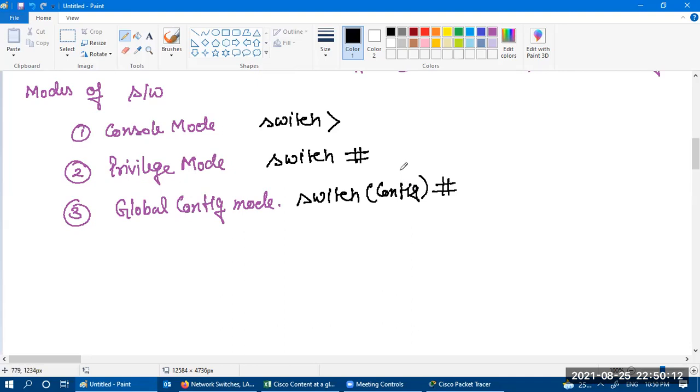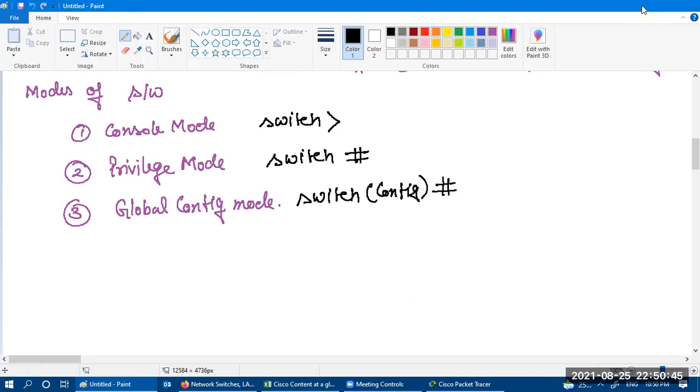If you want to make any kind of configuration, or run any kind of protocol, first you have to go to the global configuration mode, then you are allowed to make any changes. In privilege mode, you are allowed to do read-only things. You can run show commands over here, check the version and all those things, like you do in a router. In console mode, you are allowed to execute very few commands.